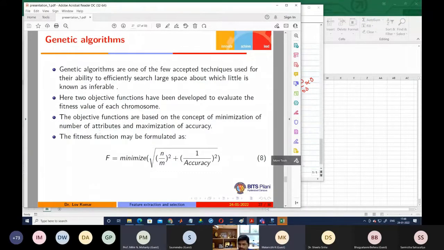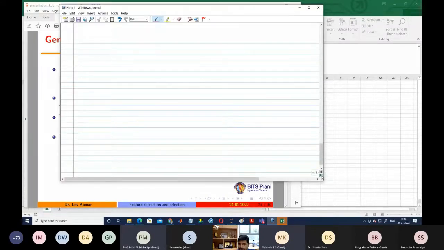Okay. So first we'll go through the basic approach of the genetic algorithm, how we can use the genetic algorithm for any domain, whether we are working on a clustering technique, or on model selection, or on feature selection. In all the cases, you can use the genetic algorithm. When you are going to search anything, you can use the heuristic approach.